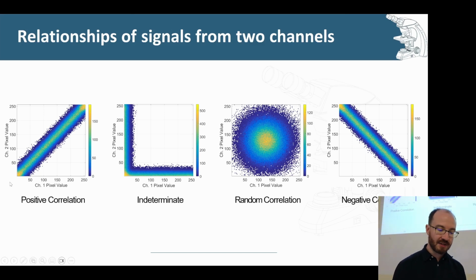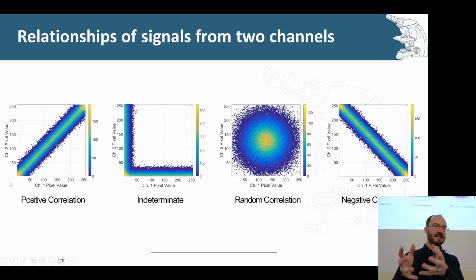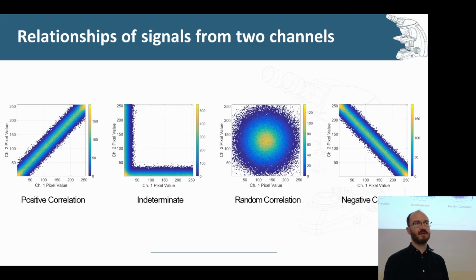If they are strongly correlated, in other words, if the one intensity goes up, the other intensity also goes up, and if the one goes down, the other one goes down, that's positive correlation. That means there must clearly be very strong interaction between these two, because they are varying in their intensity together. If they are entirely unrelated, they are just coincidentally overlapping, and there's not much structural similarity, then you